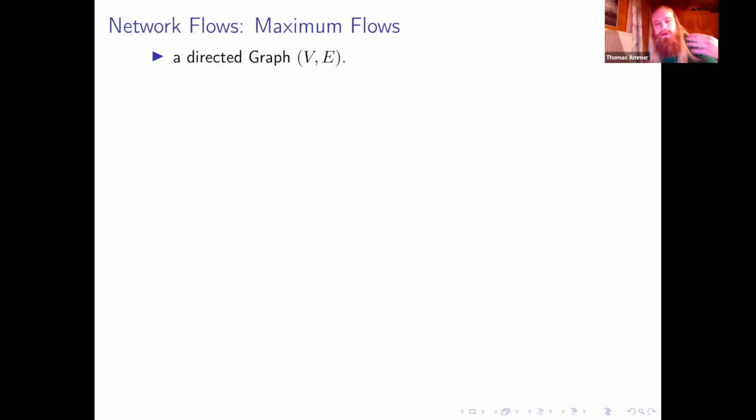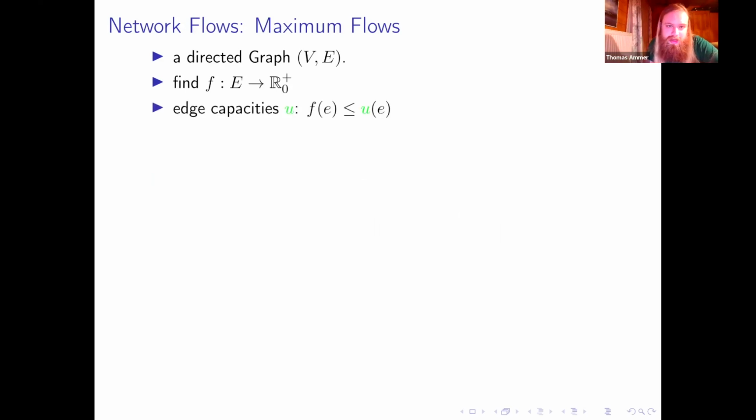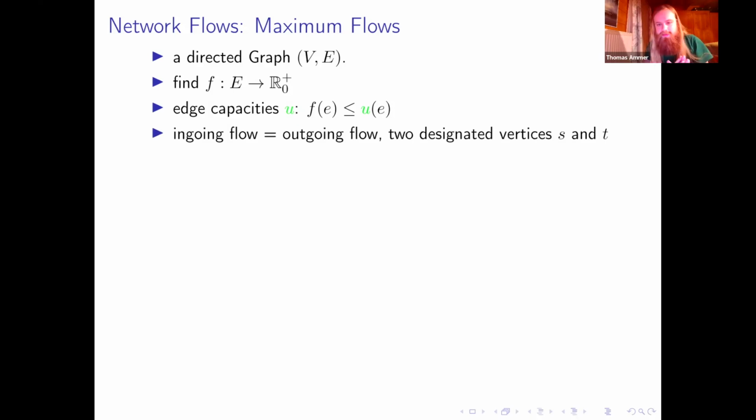And so what's that? So we have a directed graph, and we want to assign non-negative reals to the edges in that graph. And the intuition is that there's something flowing around in the network. And the edges in the graph have edge capacities, which means this flow that is assigned to an edge should not exceed the capacities of that edge. And then we have two designated vertices, S and T. And now we want to send as much flow as possible from S to T. And for all vertices other than S and T, we have so-called flow conservation, which means the ingoing flow should